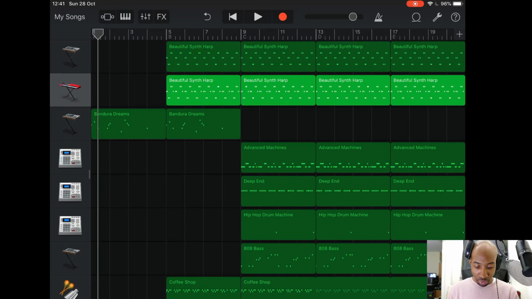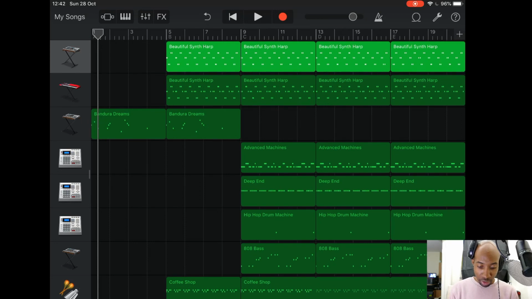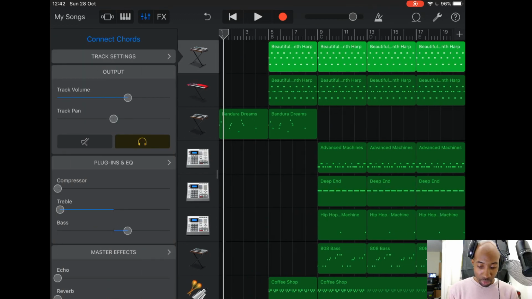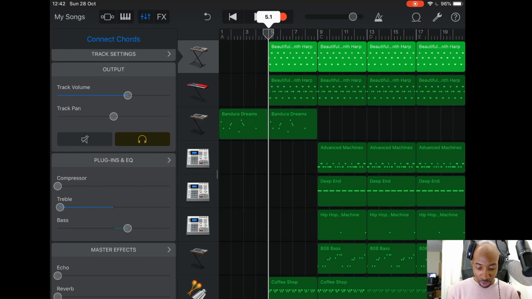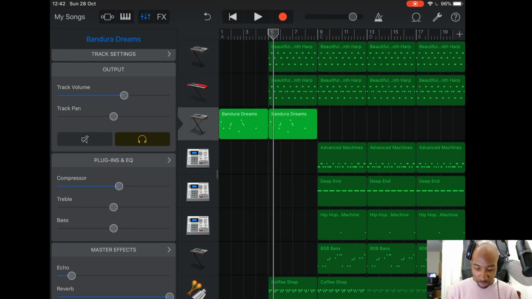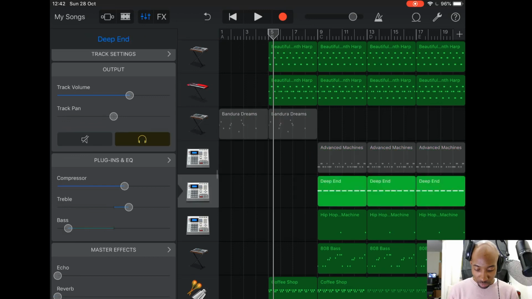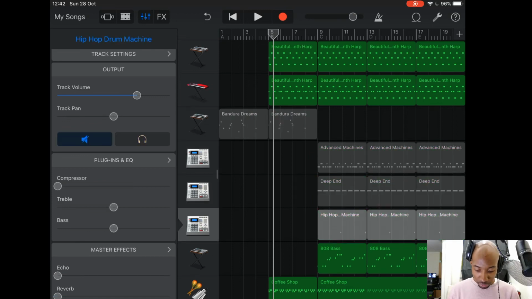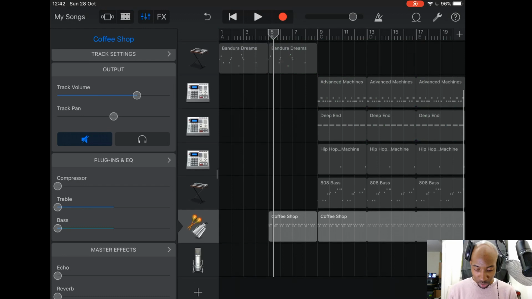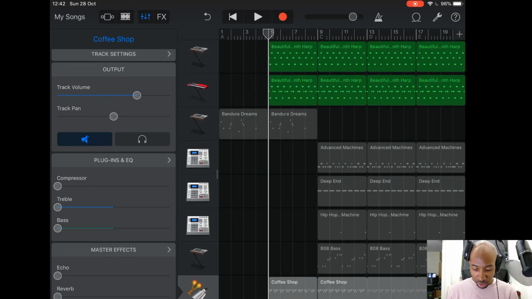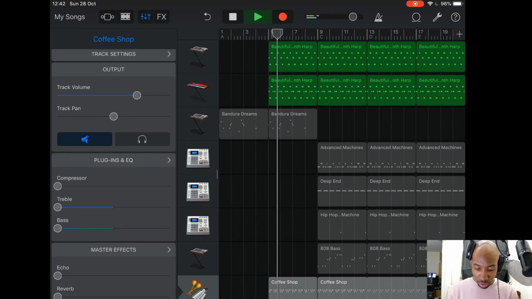So I've got about 3 instances of Alchemy, and they're all combining to play that main melody part. And if I go into the mixer here, just real quick, just to show you what I've got going on in that first one, it's pretty much the top 2 that are playing this main part here. Let me just mute the rest of it. It's so annoying that I have to click on every single one of these to mute them. I wish there was a quick way just to press solo on one track and it mutes the rest, but maybe it's just me. But anyway, so this part here,